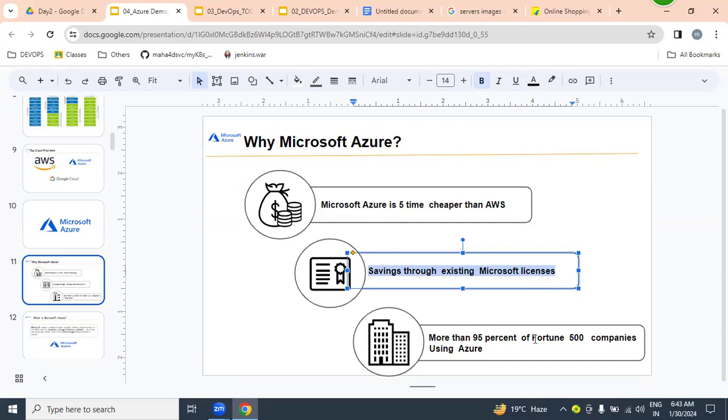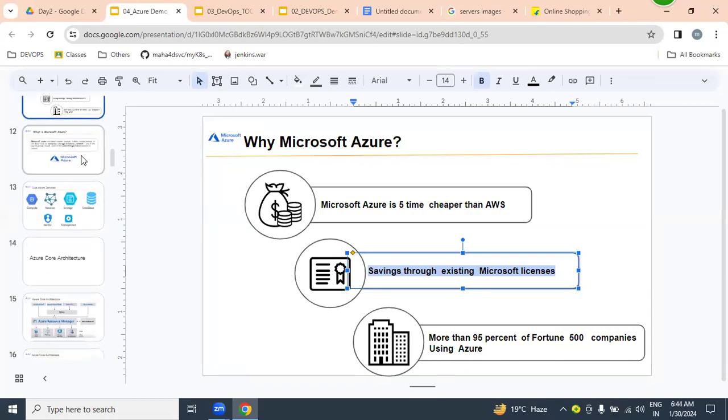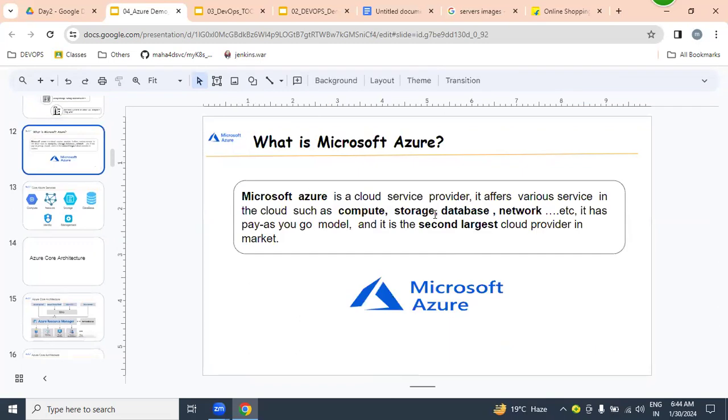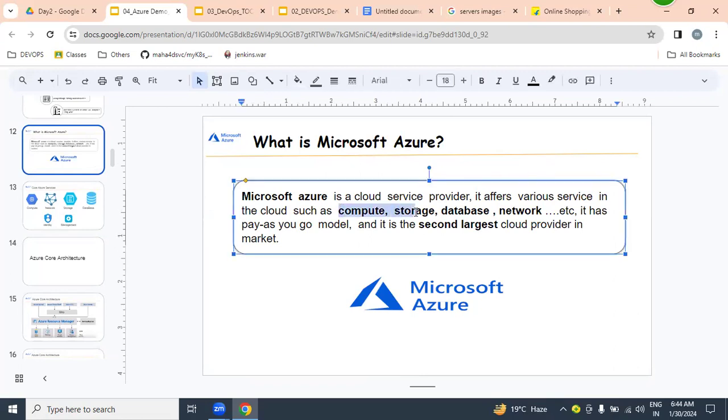More than 95% of Fortune companies use Azure, and it is the second largest cloud provider. With Azure, we can get services like compute, storage, database, and network. It is pay-as-you-go: based on usage, we pay rent.